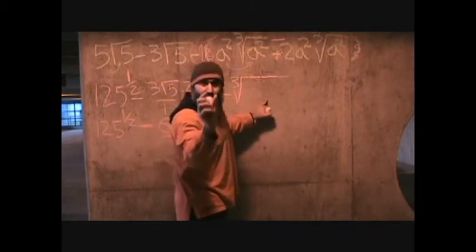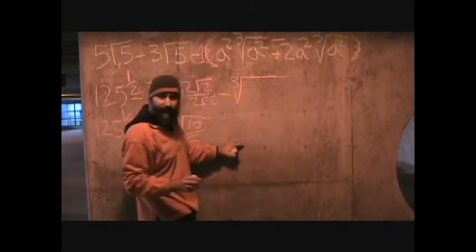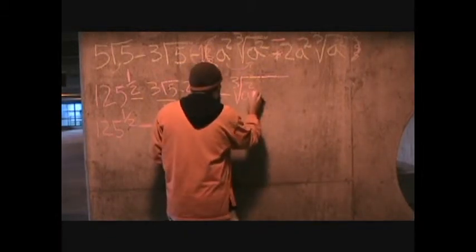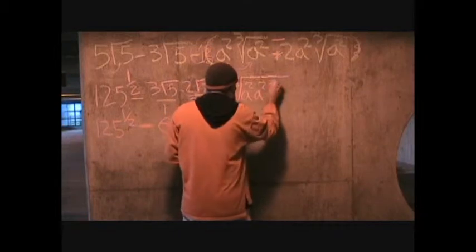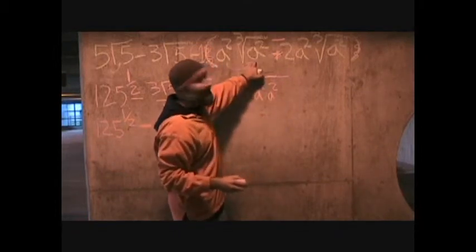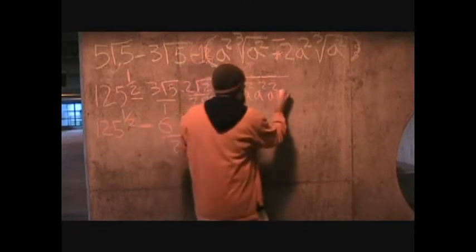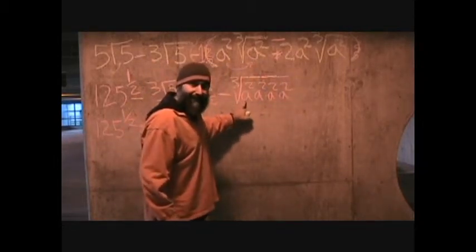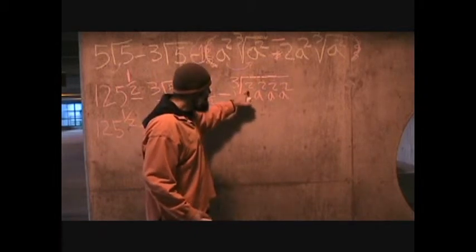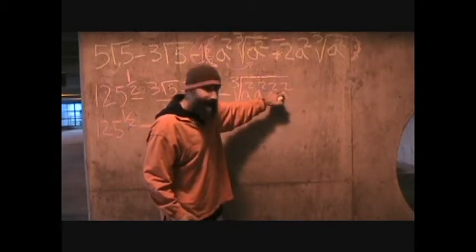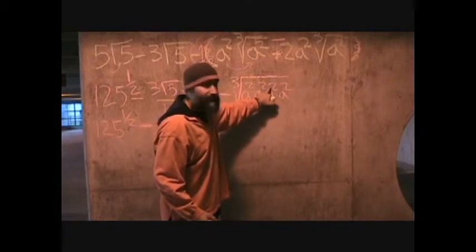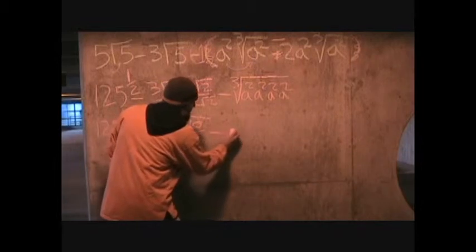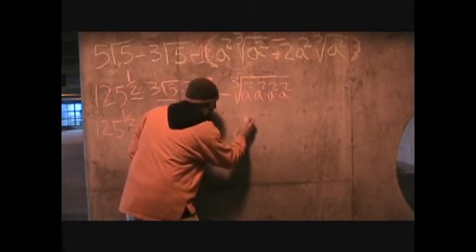Actually, let's write it out. I'm going to write it out really small and then just convert it down here, okay? So this thing is going to clone itself 3 times, so it's going to be a squared times a squared times a squared. That's that guy, and we already had one of these guys here, right? So that's going to be a squared. So when you're multiplying anything that has the same base, all you do is add the exponents, right? So 2 plus 2 is 4, plus 2 is 6, plus 2 is 8. So this guy just becomes minus, here's your a to the power of 8,